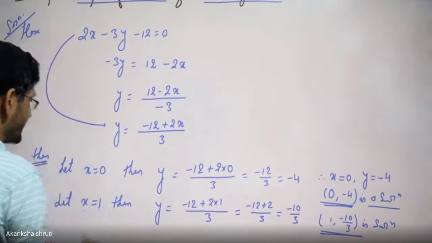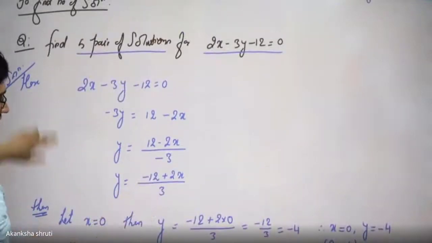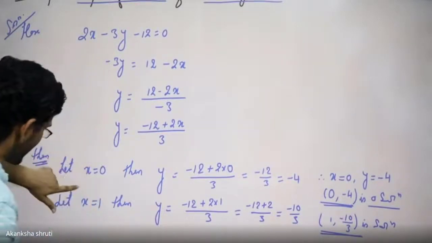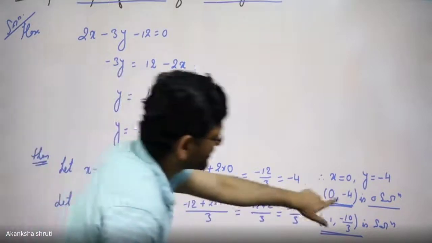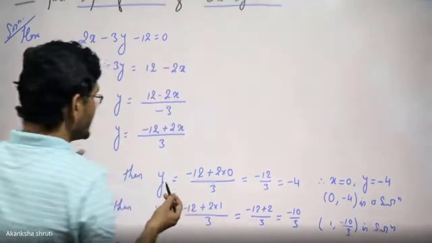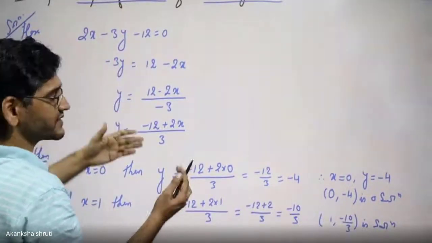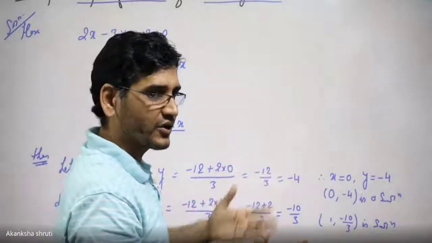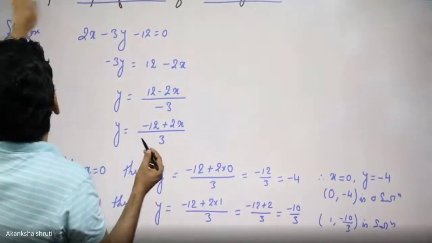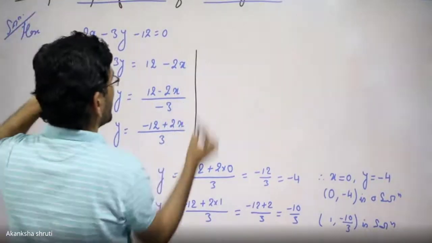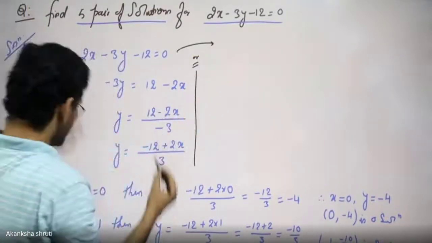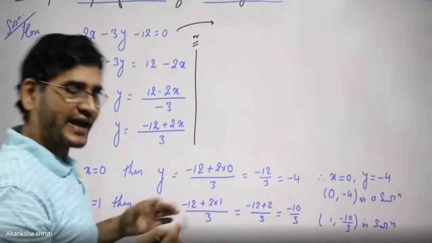For better understanding, we have rearranged this equation. Take this equation, rearrange for y, assume the value of x, calculate the value of y, collect that pair, that is going to give us the solution. It's that much simple. Even if many a time students do not want to rearrange this, still you can get it. Don't worry for that. Okay, students? But you need to do the calculation again and again. So, students, or even we may use this directly. We are free to choose one of the variables, either x or y.